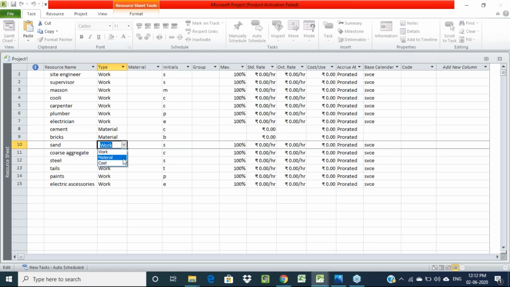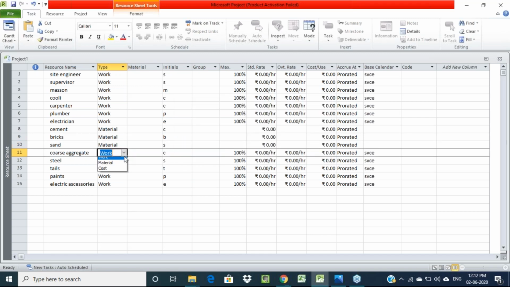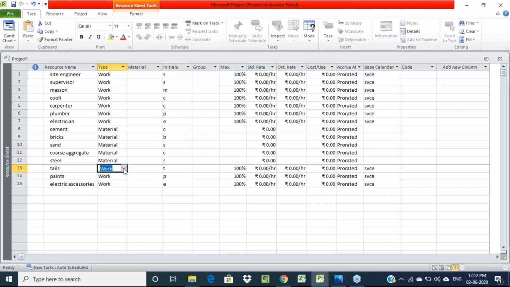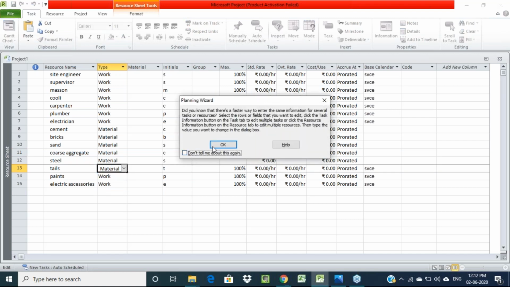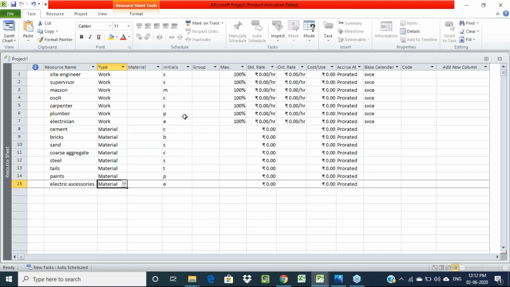All of these we have to change to material. After selecting like this, we have to enter a standard rate for each and every resource.